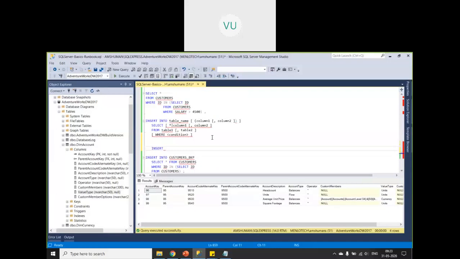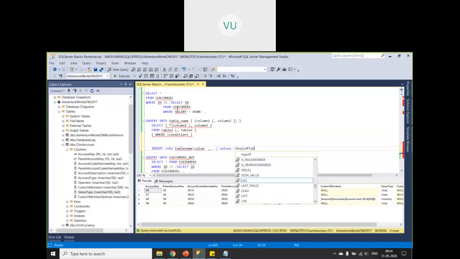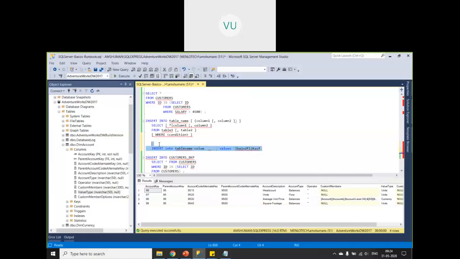We'll say insert into some table name and column names, and then values, right? And then you will open and type your values. That is how a normal insert statement will look when you are inserting literal values.